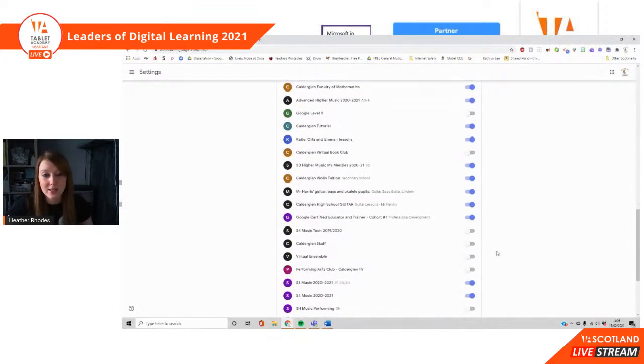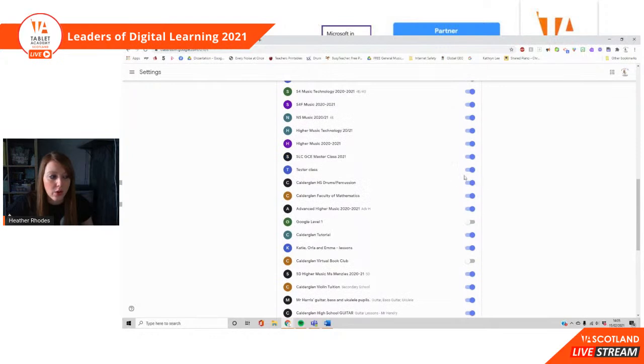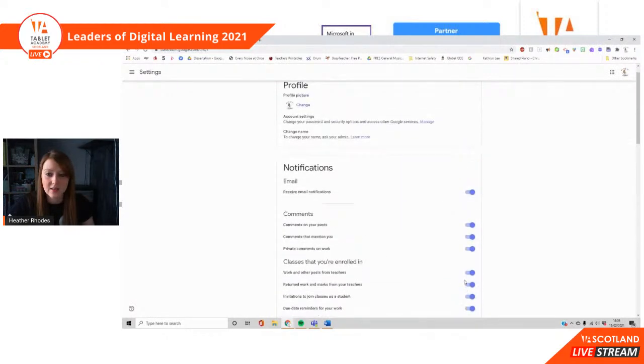And that means that I can toggle on and off one of those classes that I'm either involved in or not involved in or don't want a notification for. And you can go through all of these and toggle on and toggle off. So if I didn't want, for example, maths, I can toggle it off or I can toggle it on. And then I'll get notifications or I won't get notifications about a variety of different things in each of those